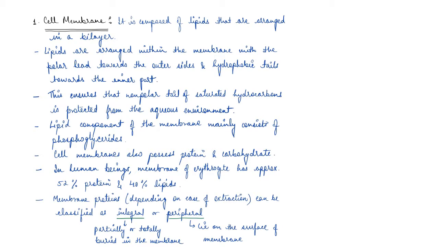So in today's video, we are going to discuss cell membrane and cell wall. If you watched the last video, you would remember that we discussed all about eukaryotic cells, wherein we saw the differences between plant and animal cells. We studied that the cell membrane is present in both plant and animal cells, but the cell wall is not present in animal cells. It is only present in plant cells, right? So let's start with the cell membrane.